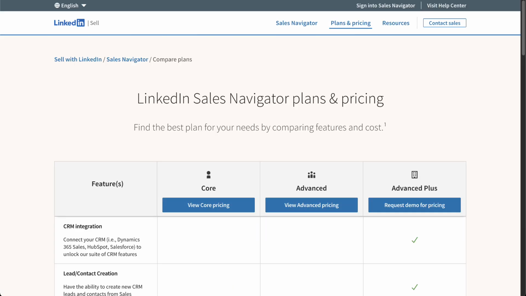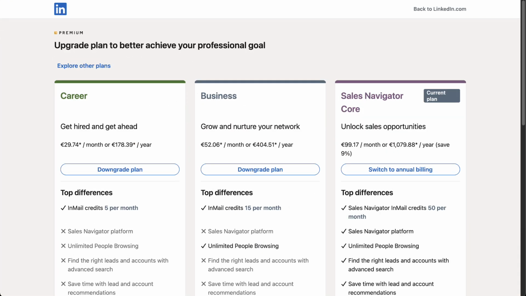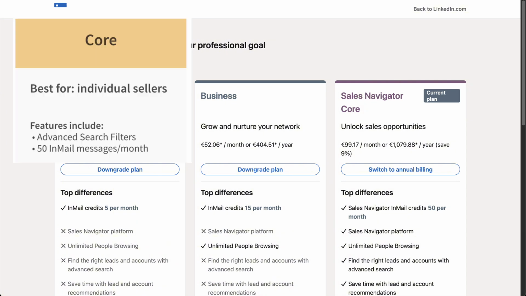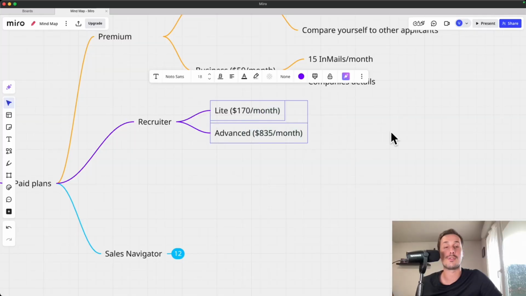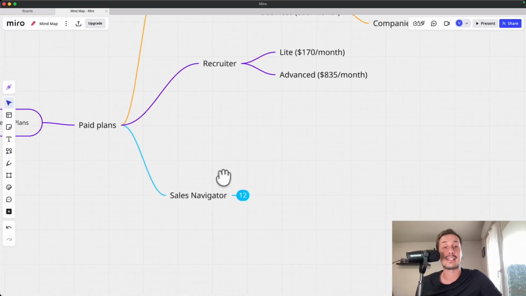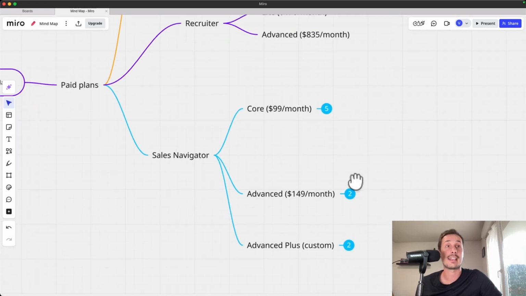LinkedIn Sales Navigator is one of the best tools to find leads, but let's be honest, it's a nightmare to understand what's going on with their pricing. You have tons of plans like Core, Advanced, Advanced Plus, Career. I feel that it's very hard to know which plan to choose for your business, your goals, and of course your budget. So in this video, I will try my best to make it as simple as possible to understand